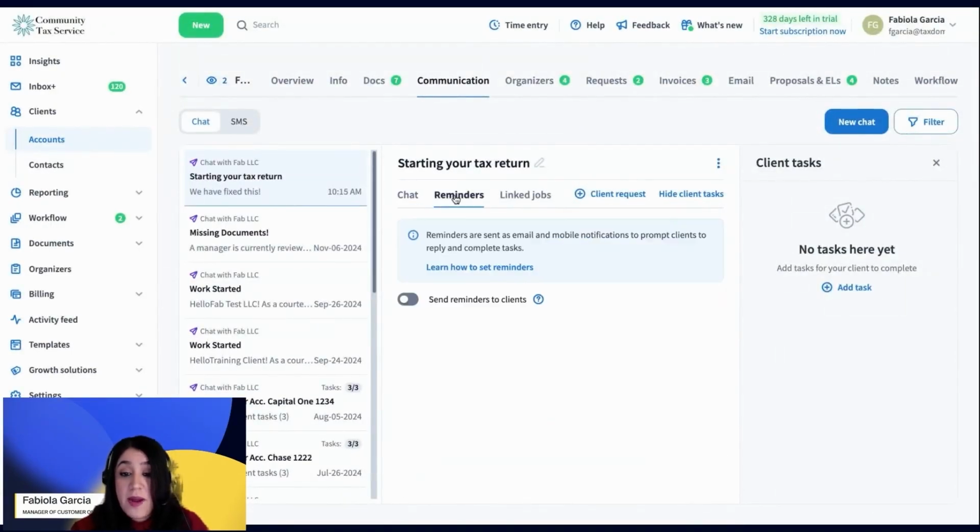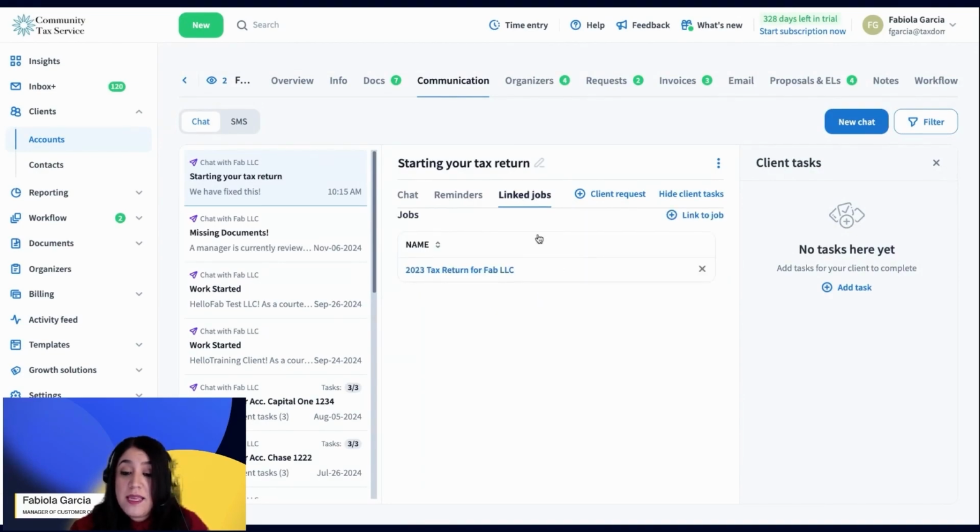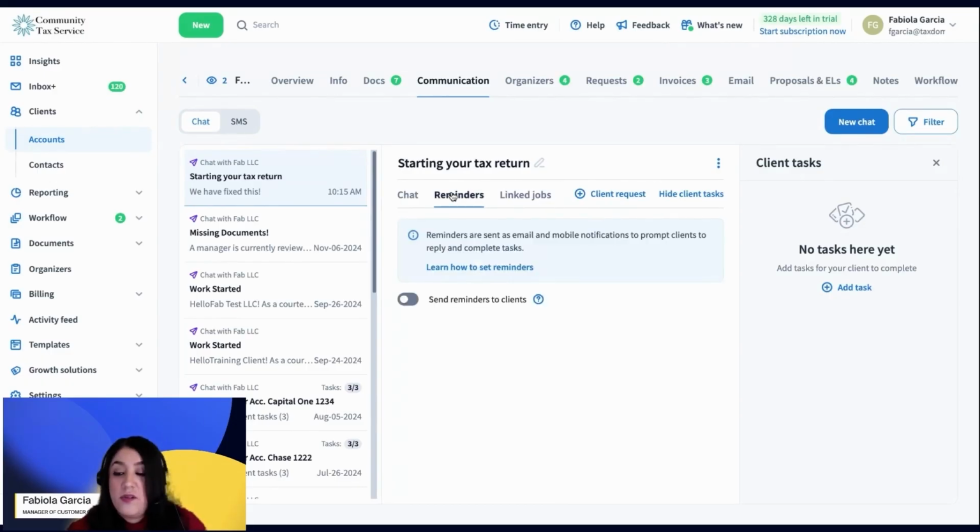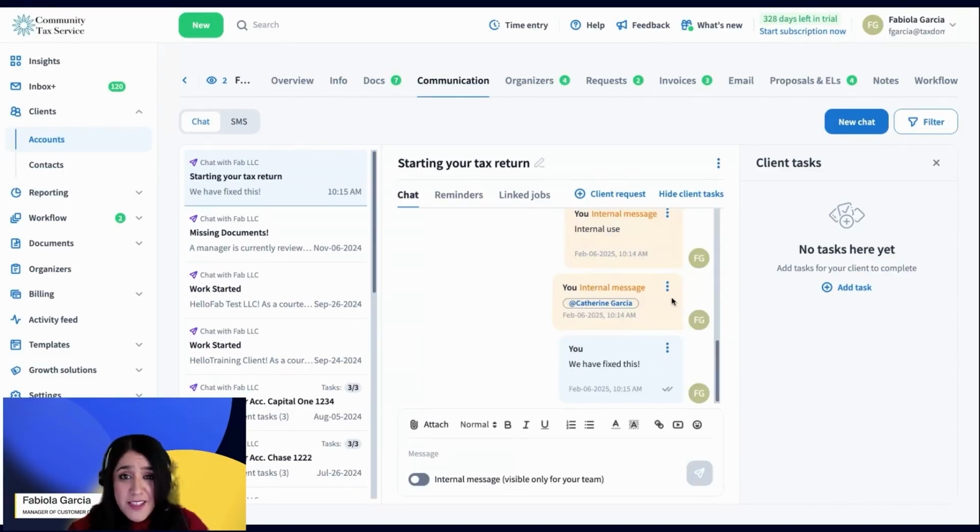You can have reminders on here for certain items. You can link things on here. We can add client requests and link jobs. That'll make sense to you a little bit later on. But in this case of having tasks, you probably heard me say tasks. You can add tasks to your clients. For example,